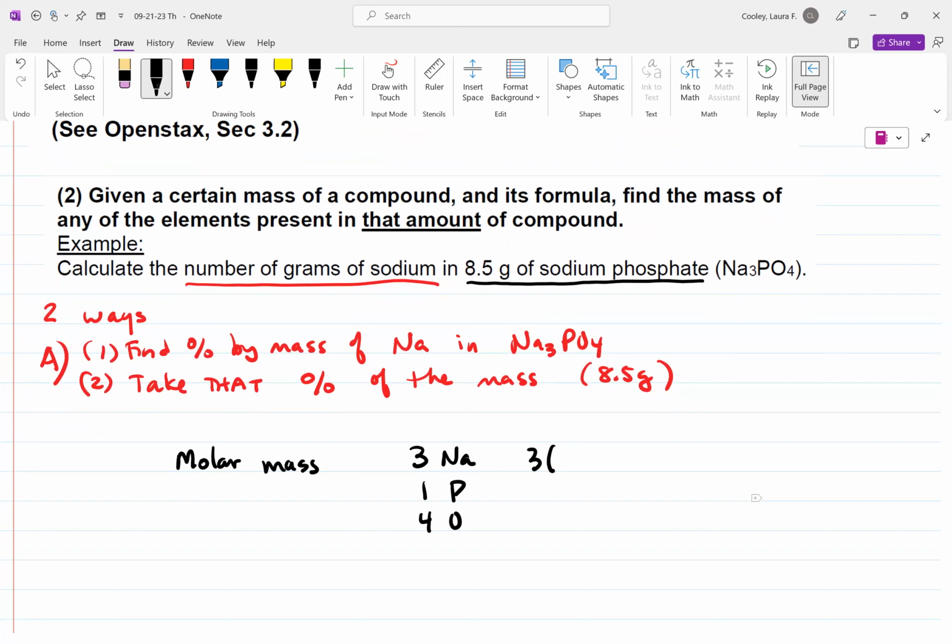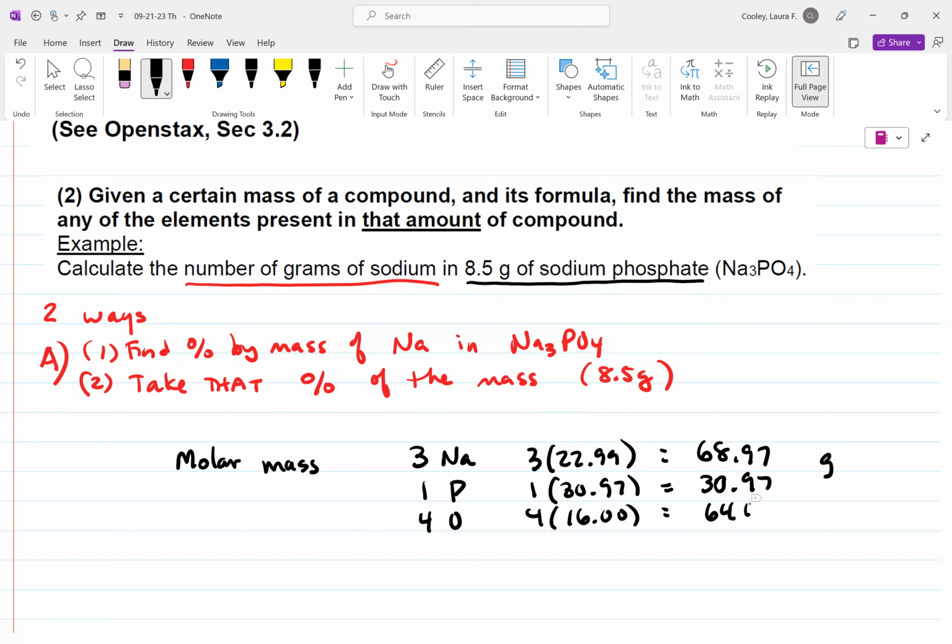So this is 3 times the molar mass of sodium from the periodic table. That gives you 68.97 grams. This one's pretty simple because it's just 1. And 4 oxygens at 16 gives you 64. And then you add all this up and you get